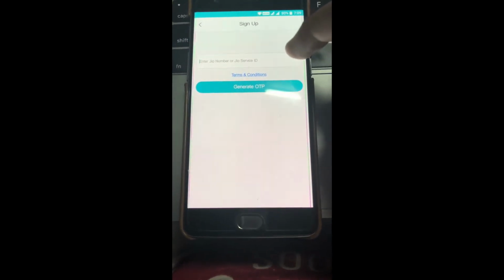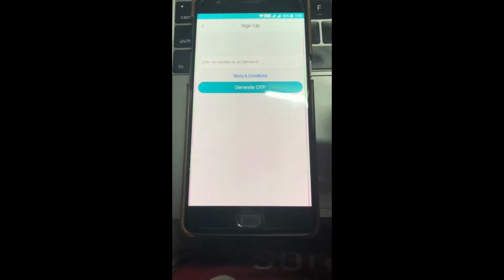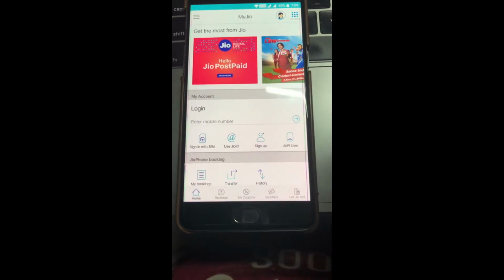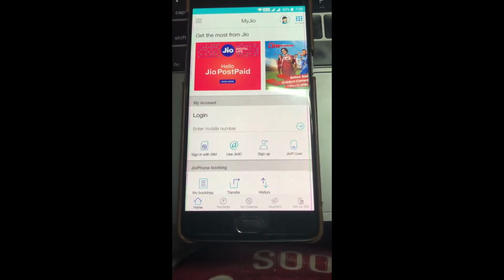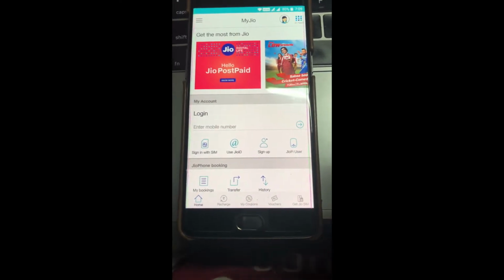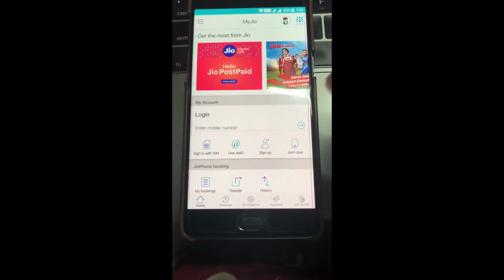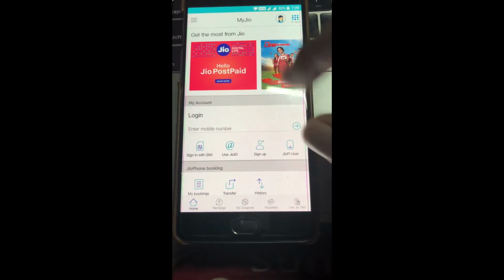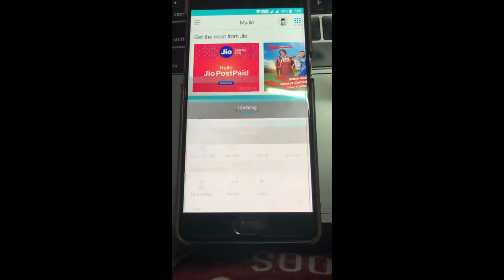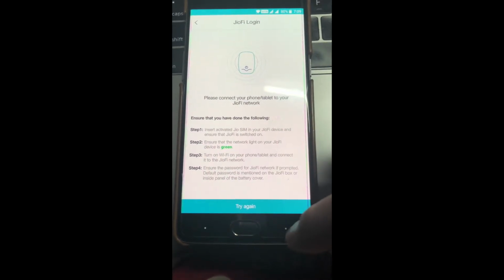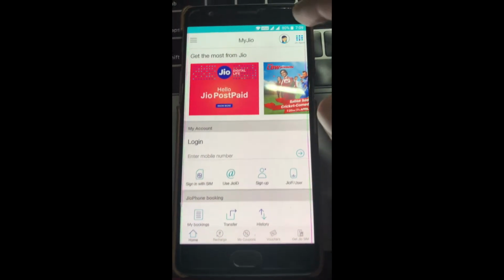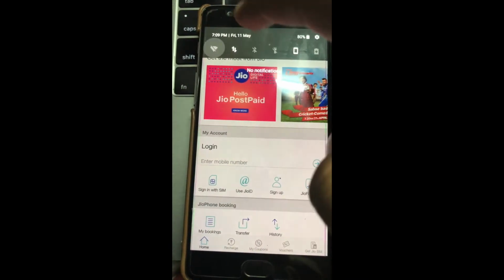Just simply enter your mobile number, and that's it, and you'll get an OTP on that mobile number. And if you are a GeoFi user, then first of all connect to GeoFi, and then press on GeoFi, and once it is connected it will automatically fetch the login details and log in automatically. So we are going to do this normal thing, that is turn off your data, sorry,